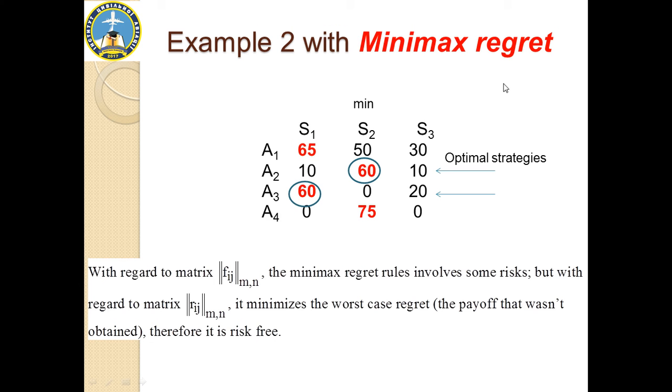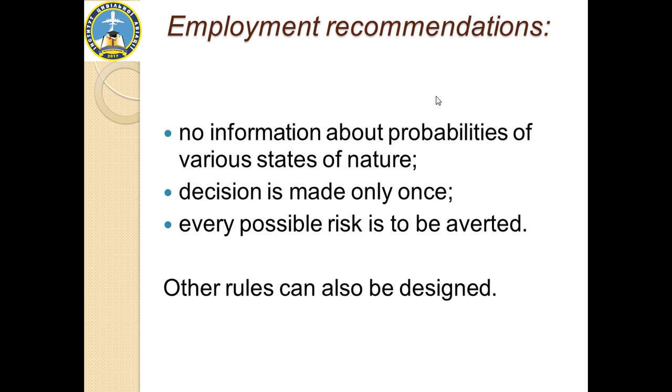When do we employ these rules, or any of these rules, risk averse, risk taking, or minimax regret? We have no information about probabilities of various states of nature. We make the decision only once. Every possible risk is to be averted. There are also other rules. So